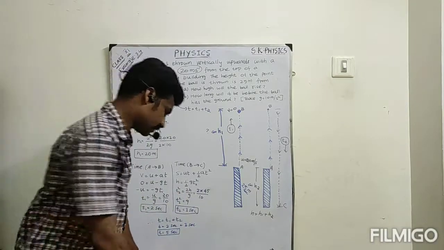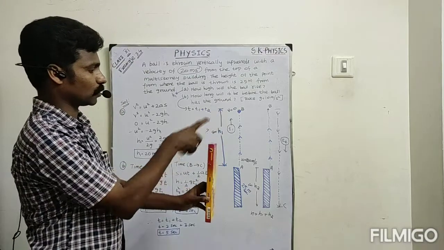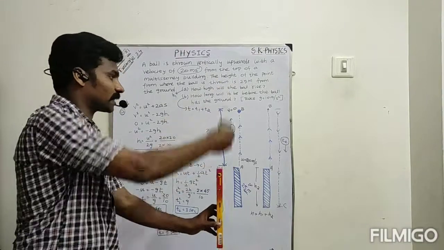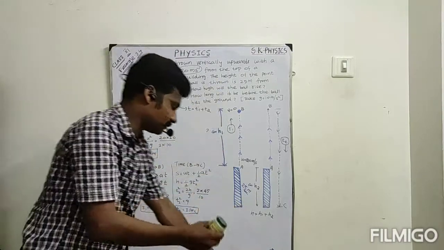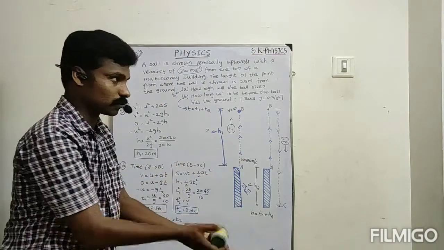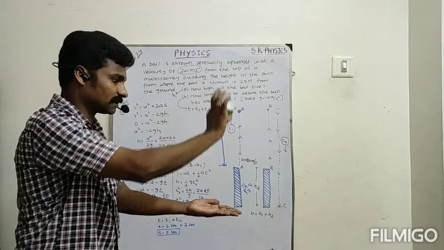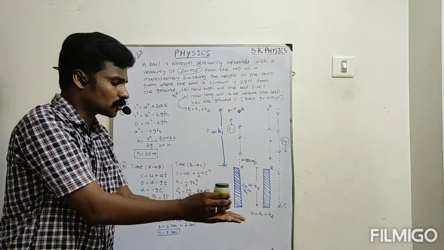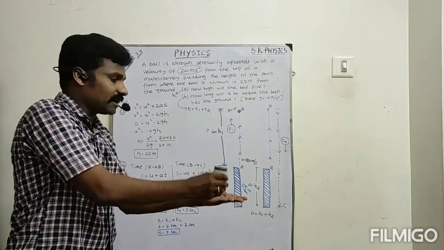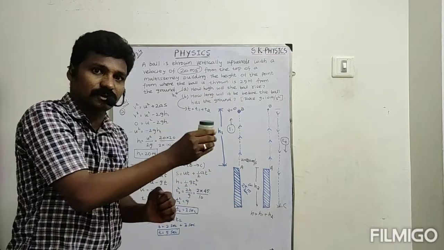Okay, so now see, for example it is the building. Now one person is standing on the building. He throws the object in the upward direction. So now let us imagine, I throw this ball upward. What happened? After reaching a particular height, it will stop and return back. Correct or not? Yes. So whenever you throw the object upward, when it reaches the maximum height, its final velocity is 0.